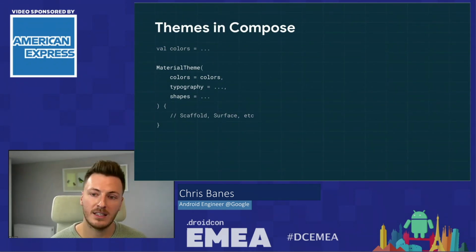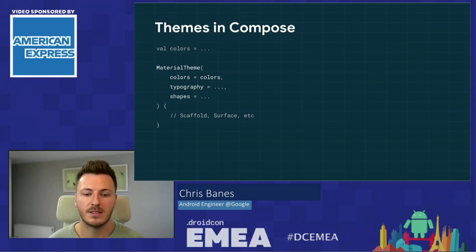And that way, any material components you use deeper down the tree would then pick up that color palette and automatically display using your custom color palette. So this is great if you're starting fresh with a brand new app, and it is really good. But if you're adding Compose to an existing app, you will likely be starting from something that looks a bit